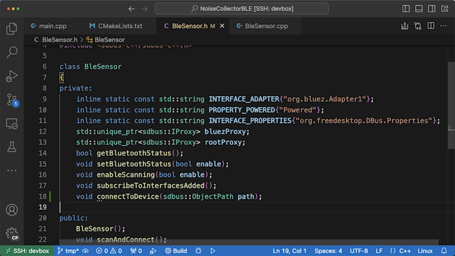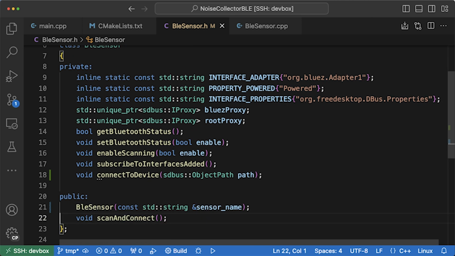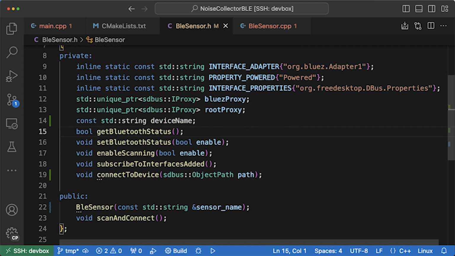The thing is that we want to obtain that from the signal, but we need to provide a name. And that means that we are going to provide that name through the constructor. Instead of using this constructor, we're going to have this other one that takes a string as the requested sensor name. Okay, now that we have this string, we would also like to have a field that holds the data for the name. So let's put that here as another string of the object,